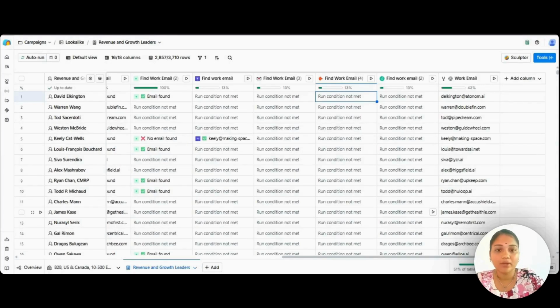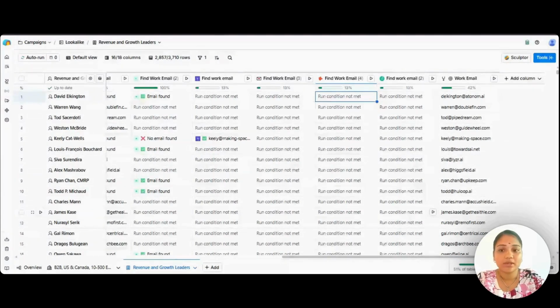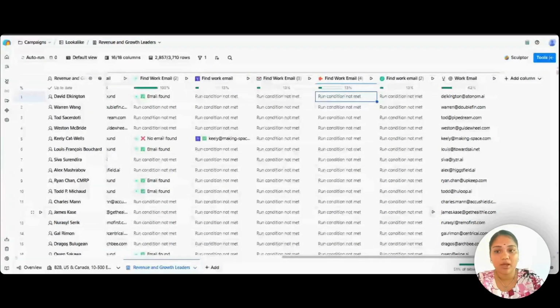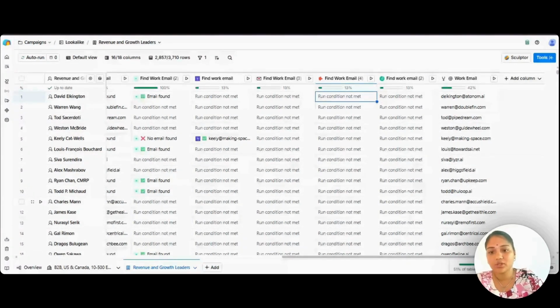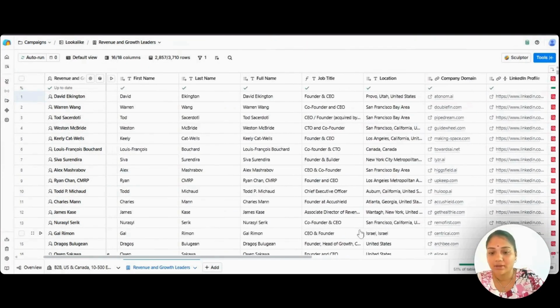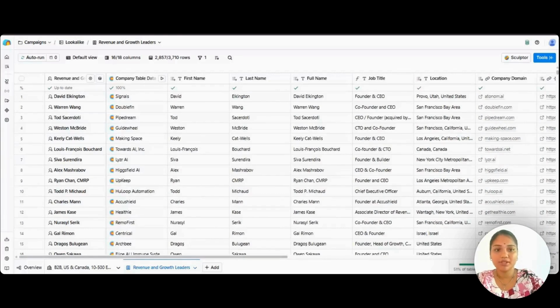Here you can find a lot more details about the person, which are the personalization variables, like recent funding information, around the recent funding rounds, like funding type and the amount they recently raised, the job postings they recently posted, and the recent news about them. That way you can scrape all the information about them. Once you have all that information, you can create a copy based on those variables, and you just need to map all the custom variables when you push these leads to the campaign. Once you have done this, it's done, and that's it. That's your lookalike campaign fully built inside Clay.